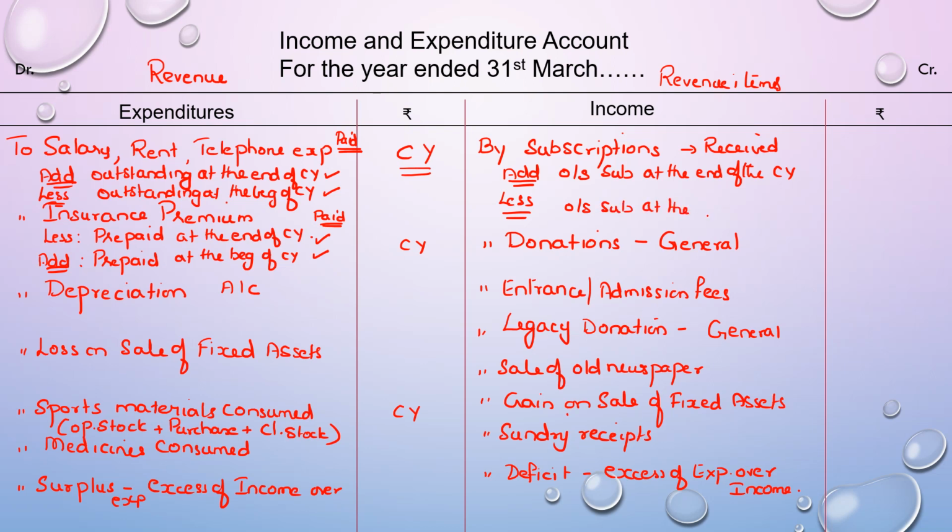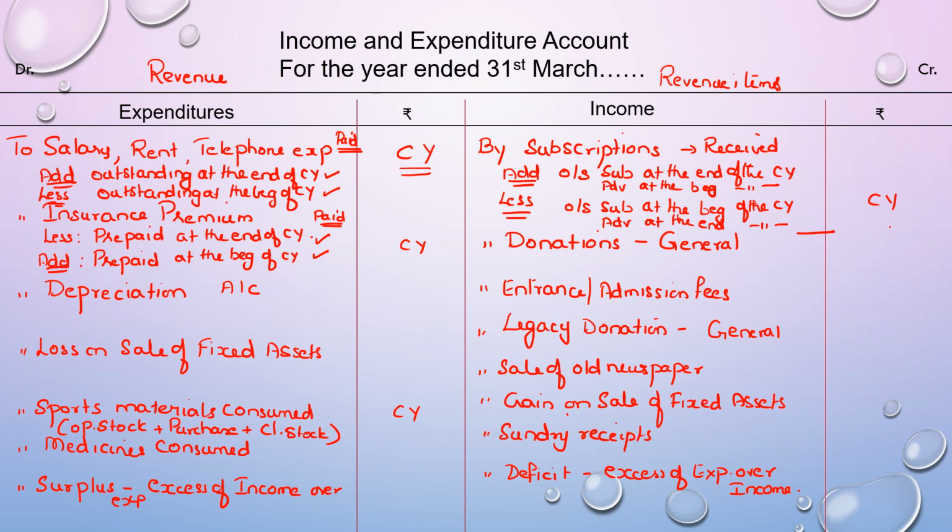It might be received now because it was not received then, and therefore that has to be subtracted. Similarly, you might have received some subscription in advance, so all those have to be adjusted. So you would have advance at the beginning, which would be added to the current year, and advance at the end of the current year, which would be subtracted, so that you get